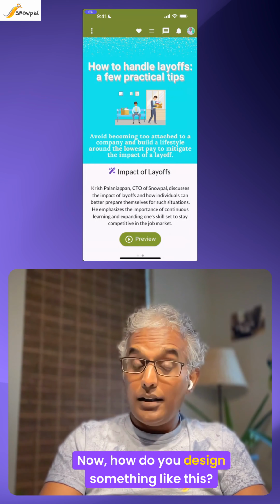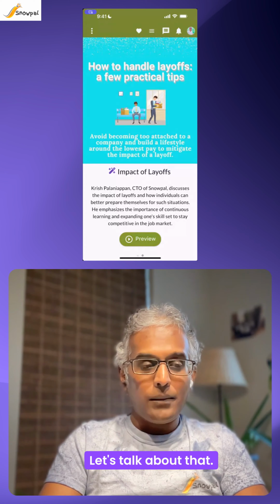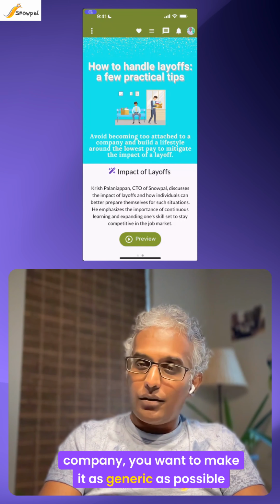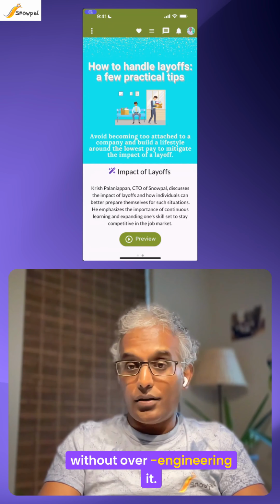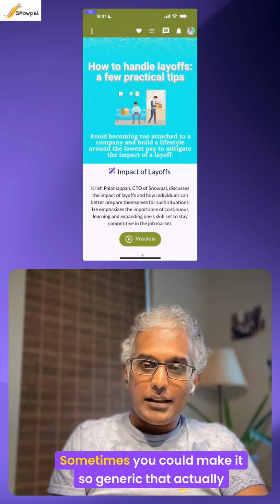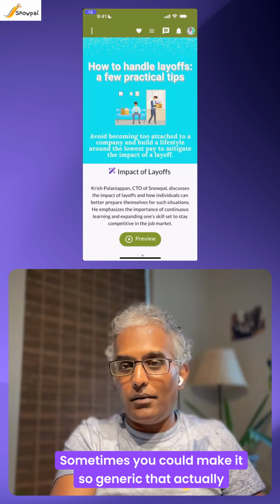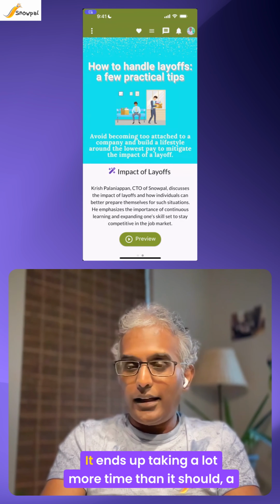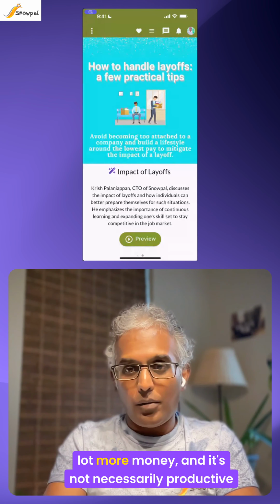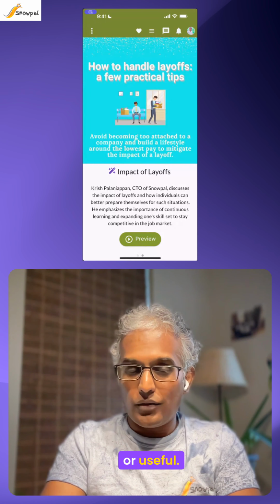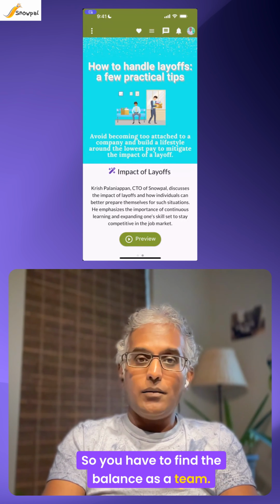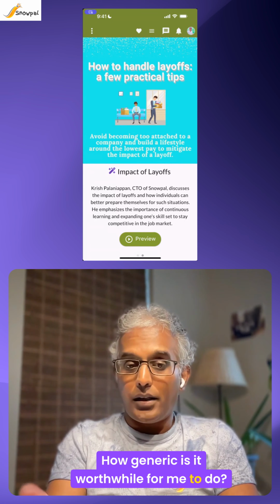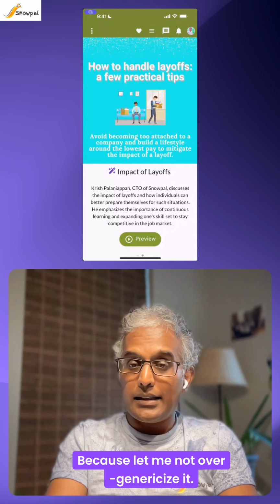Now, how do you design something like this? Let's talk about that. Whatever it is that you build, if you're a product company, you want to make it as generic as possible without over engineering it. And there's a fine line there. Sometimes you could make it so generic that you end up over engineering the problem and the solution. Then it ends up taking a lot more time than it should, a lot more money, and it's not necessarily productive or useful. So you have to find that balance as a team. What is it that I'm trying to build? How generic can I make it? How generic is it worthwhile for me to do? Because let me not over genericize it,